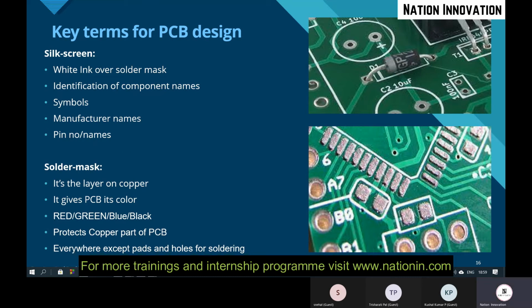Everywhere except the pads and holes for soldering, this solder mask is used. Except for the tracks, pads and holes, you will find this solder mask everywhere. On that solder mask, you will be placing the components. So except that space, you will be doing solder mask.